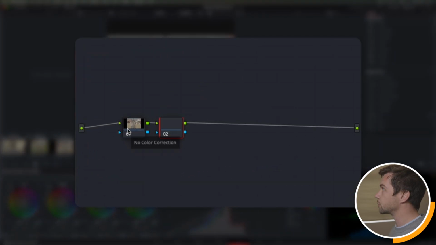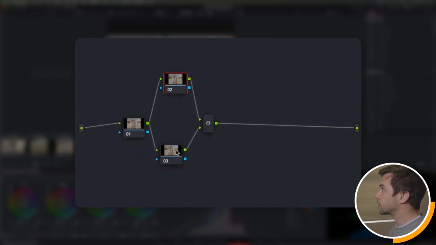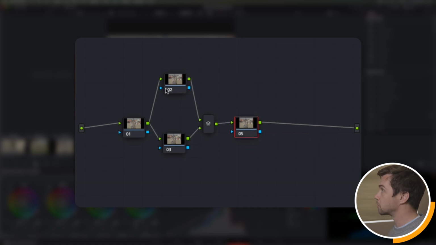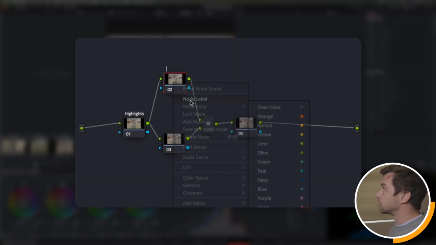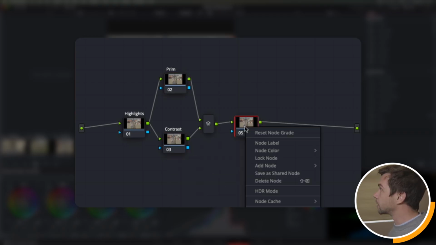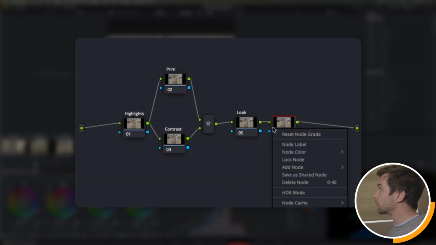Now to create our node tree, we are going to create first a parallel node. We're gonna have it like that, and then we're gonna option S to create our next node, which is then going to be our look node. So first node is going to be our highlights, and then second node, the top node, is going to be our primaries, and then the bottom node is going to be our contrast, and then we're gonna have a node called a look node, and then we are going to move over to another parallel node,